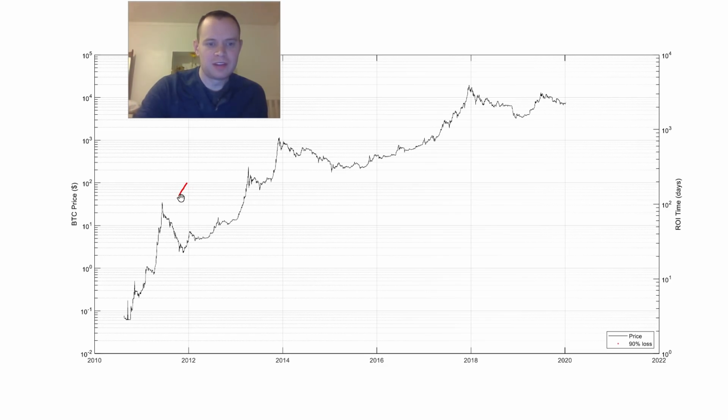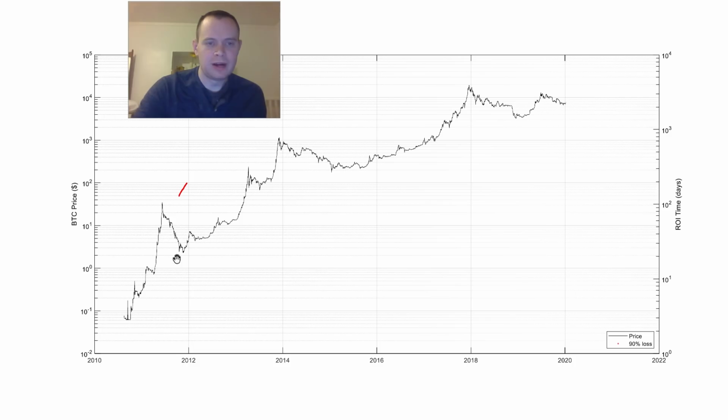Because if you look at the time for this band, and you go all the way over here, it's mostly between around 100 to 200 days. You could have been experiencing 90% losses had you bought pretty much at this peak, because the peak came and went pretty quickly. So more or less, I imagine most of this is in reference to the peak. So if you had bought up here, how many days would it have taken